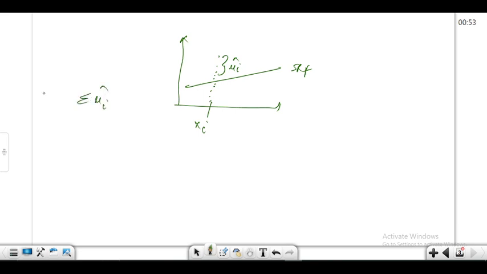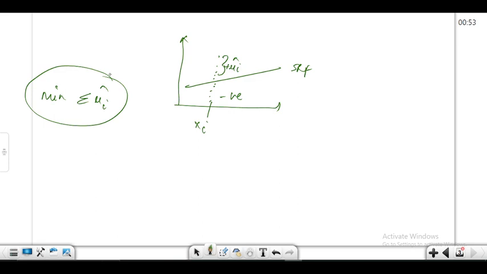So minimize the sum of ui hat. I'll have some values of ui hat which will be far away from the actual regression line, and some values which will be closer to the regression line, and some values on the positive side